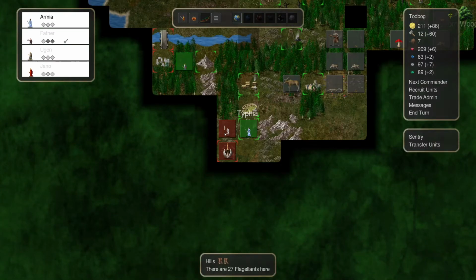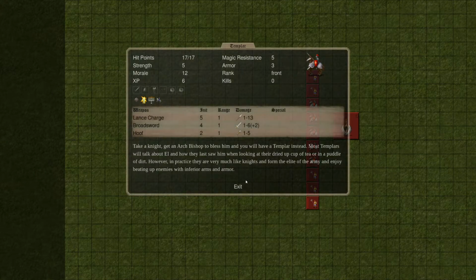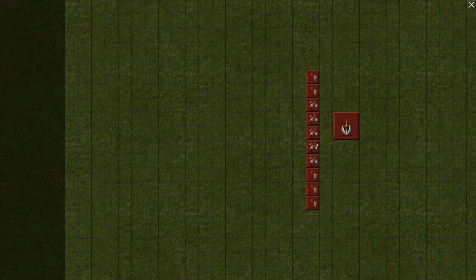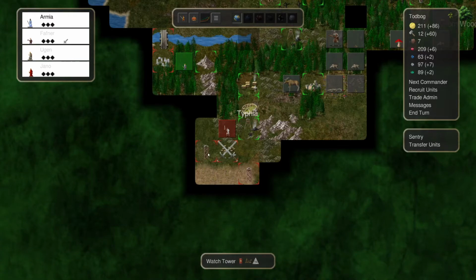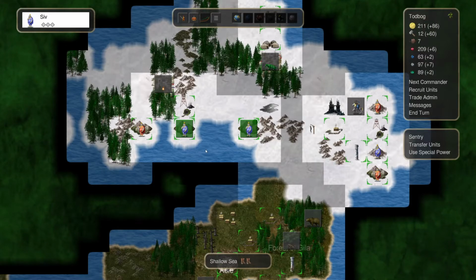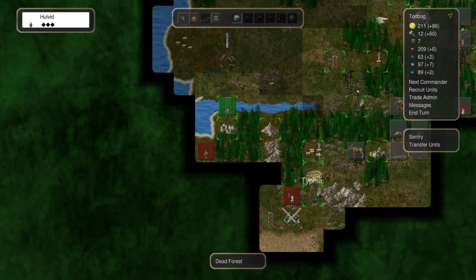Alright, here we've got 27 flagellants and an archangel with temple guard. So this is going to be a Templar and temple guard. So alright, that'll be a pretty rough fight. But we'll go ahead and take it. Watchtowers galore, Jeebus. Alright, nope, Holvid. Saint and 6 flagellants. Well, if they decide to attack, he's going to die, but...